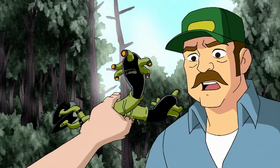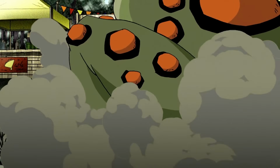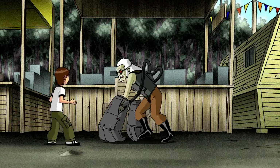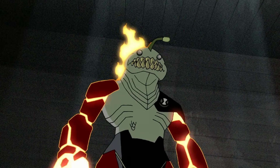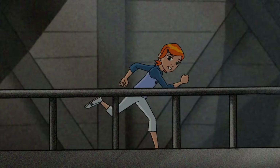when mutant creatures start appearing in the swamp. As they attend Gatorfest, chaos ensues when Dr. Animo unleashes his mutant creations on the crowd, leading to a confrontation with Ben. Transforming into a new fusion alien, Heat Jaws, Ben faces off against Animo's creatures, while Gwen tries to stop Animo's